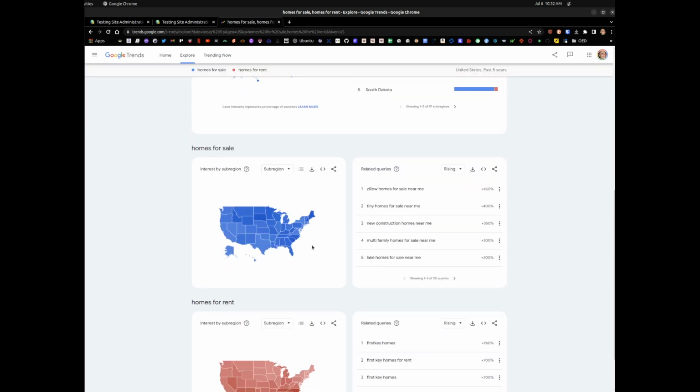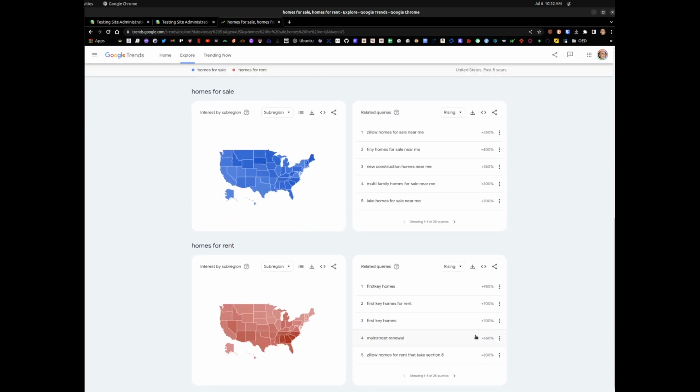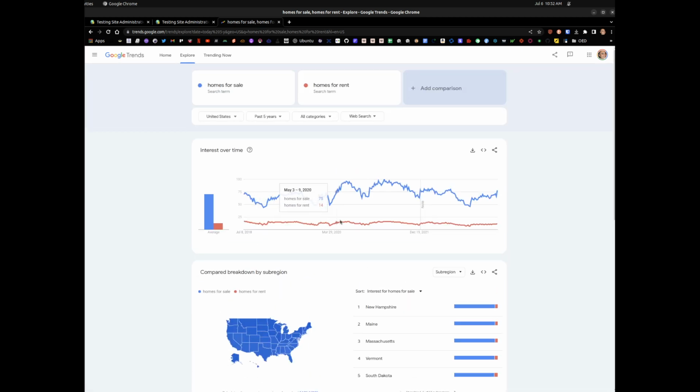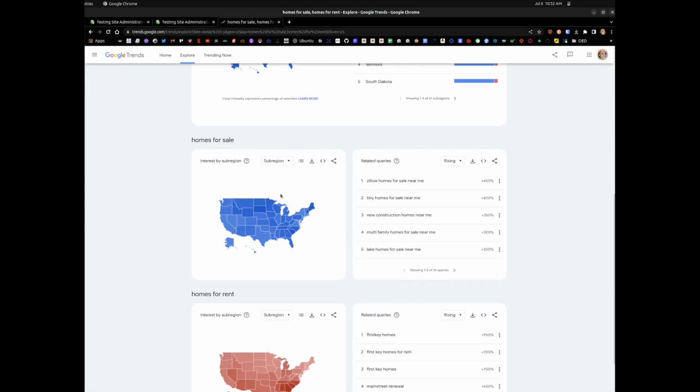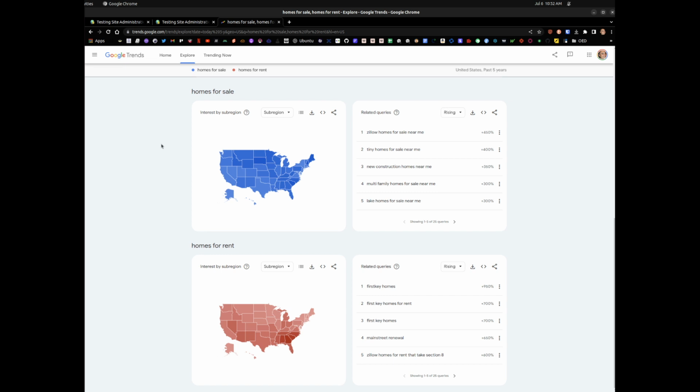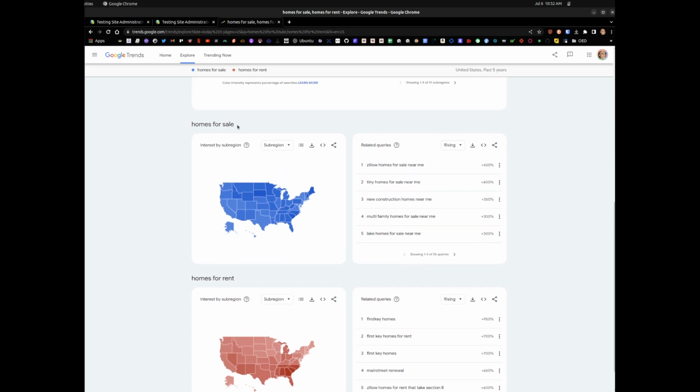And here you can see more information about each one. The nice thing about this is that, and let me scroll all the way down here, you can actually see related queries for people that were doing homes for sale. So they did a homes for sale search, and then another search and another search, and one of those other searches was basically this one. When people did a homes for sale search, they ended up looking at Zillow as the first page there, and right there they actually did a Zillow homes for sale near me.